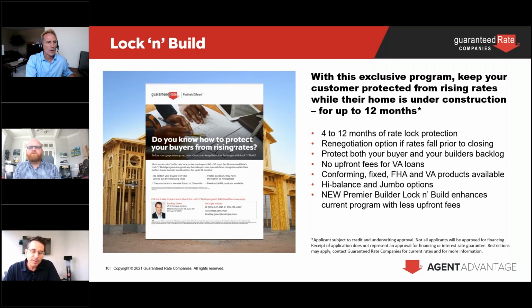In some cases, maybe we can't cover the whole incentive. Maybe it's a $2,500 or a $5,000 incentive, and we can cover, let's say, $2,000 of it, but our rate is a quarter point less, and over just 3 or 4 years on a 30-year mortgage, you're going to make up that $3,000. And in year 4 or 5 and beyond, it's all gravy. Why would you lock yourself in, especially with rates being so low, to a rate just for a few thousand dollars? So let your trusted lender partner